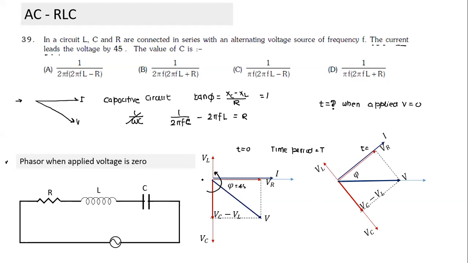If we rotate the whole thing about this point and this becomes horizontal, then from this figure this will be the instantaneous value of VR, this will be the instantaneous value of VL, and this will be the instantaneous value of VC. That's what it implies. So the sum of these two positive values will be equal to the negative value. If this is positive and this is negative, this also will be positive because both are in the same sense. VC is in the opposite sense.